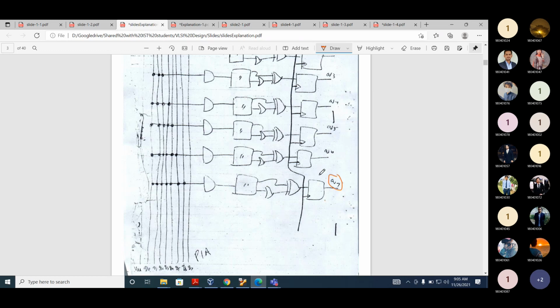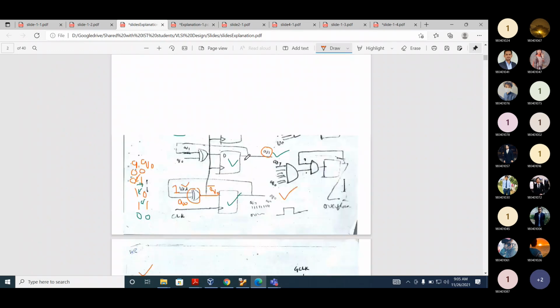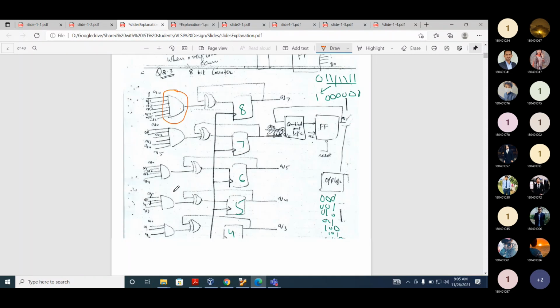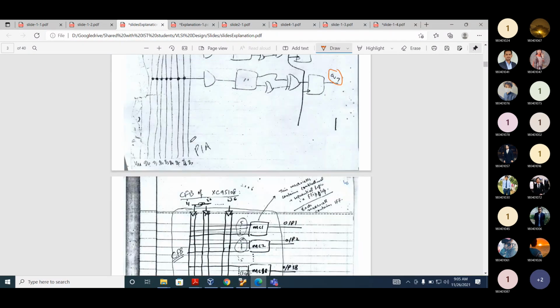And if you look at Q7, what will be the value of the product term select? If you look here, this function is Q0, Q1 up to Q6. Q0 will be here, Q1, Q2 up to Q6, and those switches will be retained.